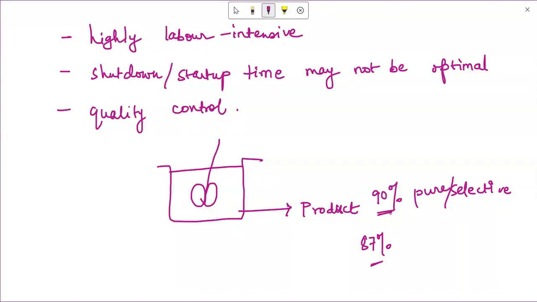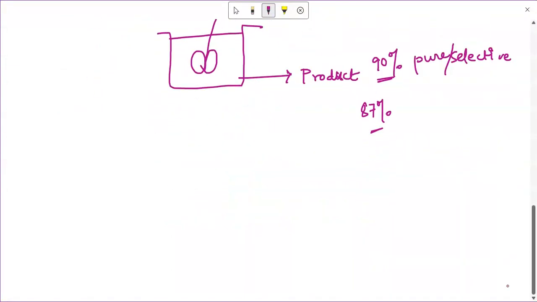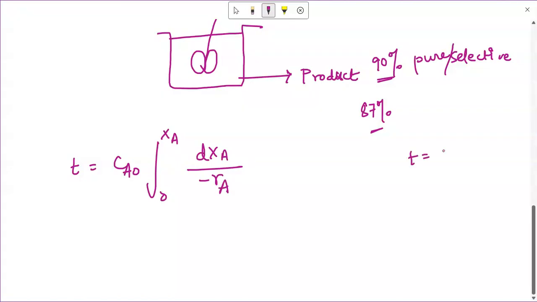Now coming to the sizes of batch reactors. If you remember, in the previous videos I have already spoken about the time requirement for a batch to be processed in case we consider the ideal batch reactor. So you may have seen this equation, that the time is expressed as t = Ca0 ∫ from 0 to Xa of dXa / (-Ra). Let me explain what these terms are. So t is the batch time,